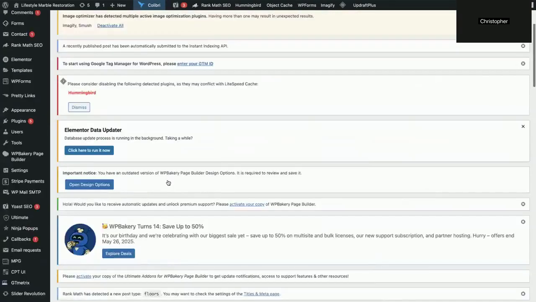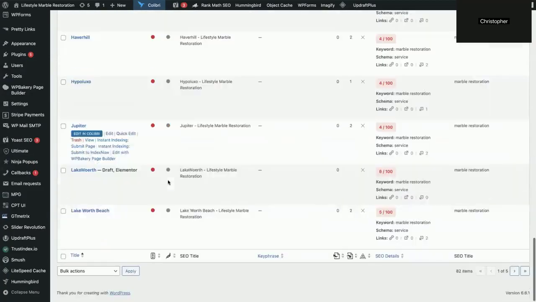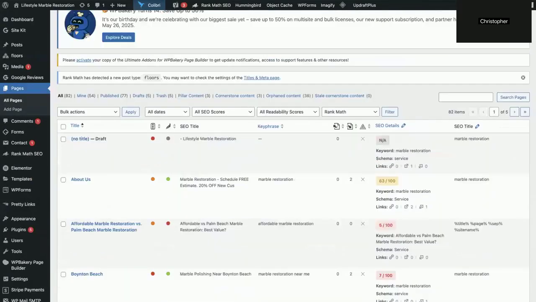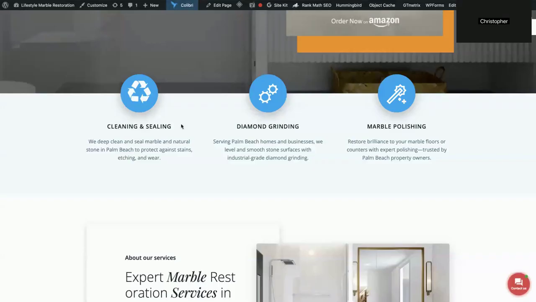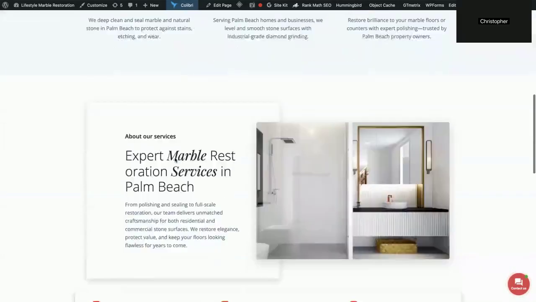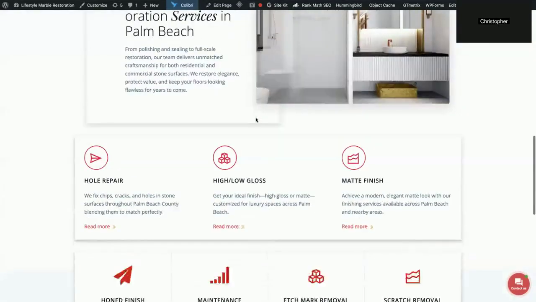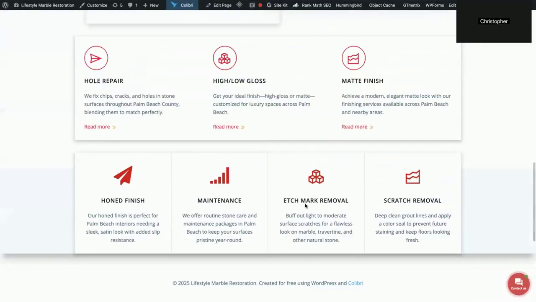Let me see. See, yeah, but this will be one of the ones we do. So all those services, link them. So the internal linking, and then the pages themselves optimized for specific keywords. And we know what keywords we're targeting: marble restoration near me. We'll attack a few other ones later on, but for now, that's where we are. It's kind of annoying not being able to really use this thing, but it is what it is,